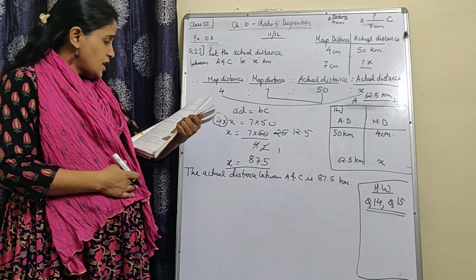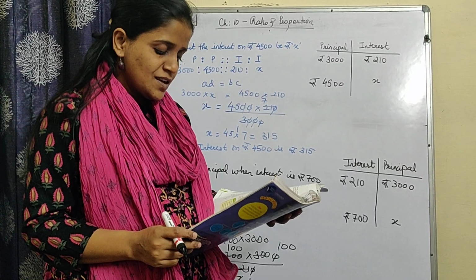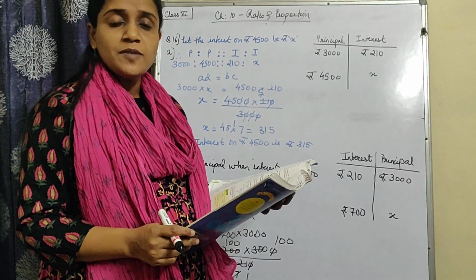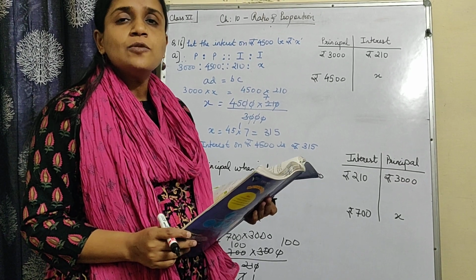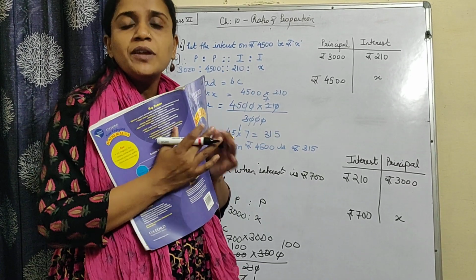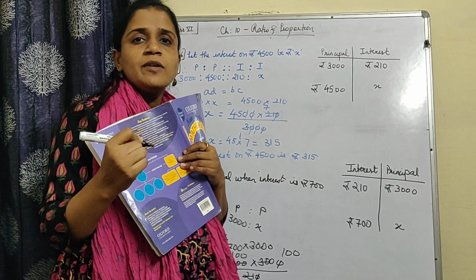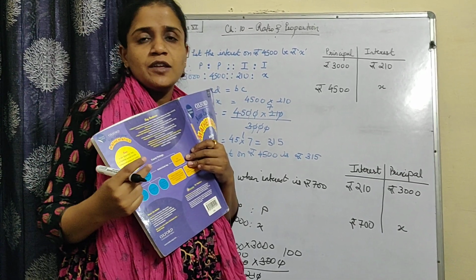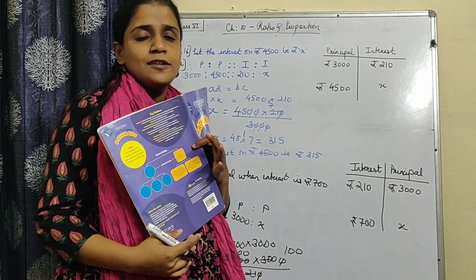And I am going to start with question number 16. Okay, we are going to start with question number 16. Like 11 and 12 were two different questions. Now question number 16 is a combination of two questions. In 11 and 12, how was it? Two questions separately were given. And in question number 16, two questions together are given.